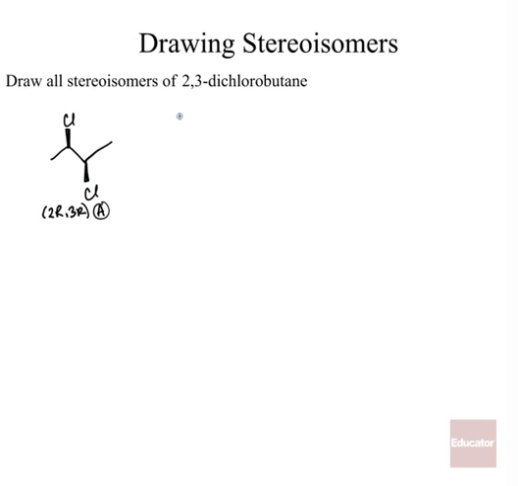We could draw it as a line drawing, or we could draw it as a Fischer projection. Again, I'm just going to draw the Fischer projection, and you could confirm that on your own later and try it. One chlorine is going to be on the left. The other is going to be on the right. This would still be A. And what would be another stereoisomer that we could draw? How about the enantiomer of A? We could draw the mirror image of A, either as the Fischer projection